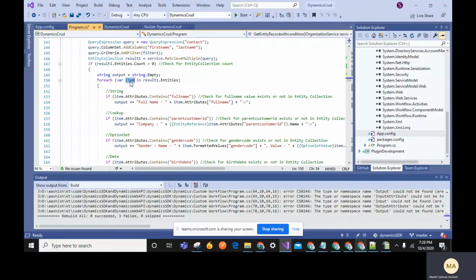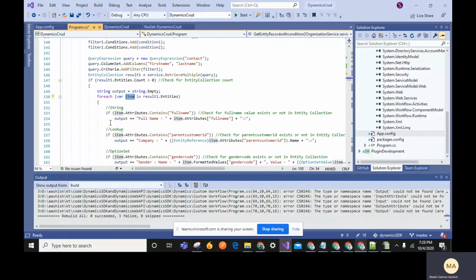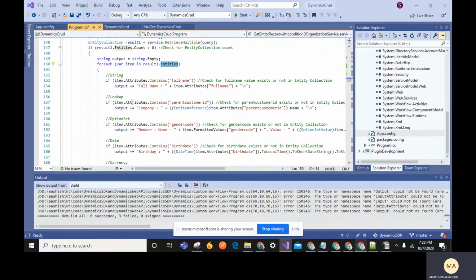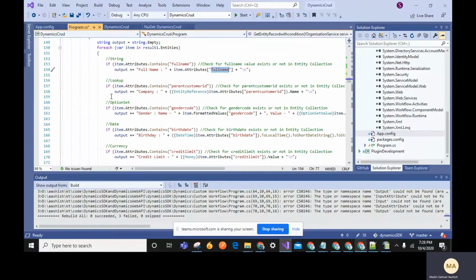Later we write a for loop. Why? Because we are getting multiple records, right? So we write a for loop over result.Entities, so it will retrieve the records. In this case, we need to check whether the field exists or not. Later we need to write the code to get the values. You can write item.Attributes, and give the logical name of the field you want.